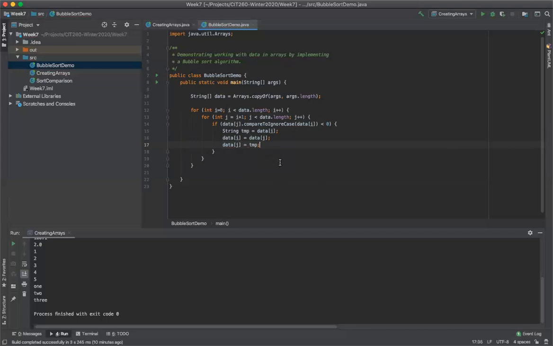So voila. And then our inputs at the end of this double for loop are going to be sorted. So now we can do our for each loop: for String s in data, we will do a System.out.println(s). So if we run this,